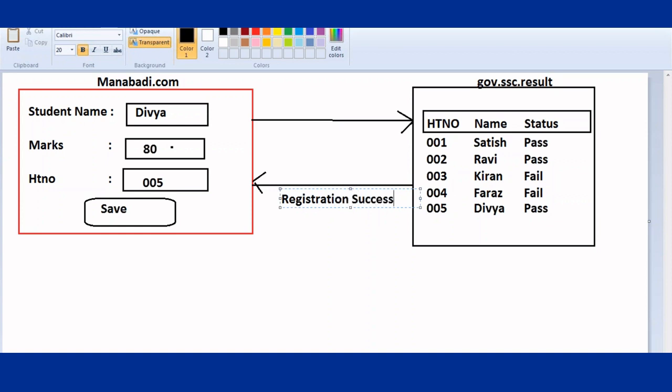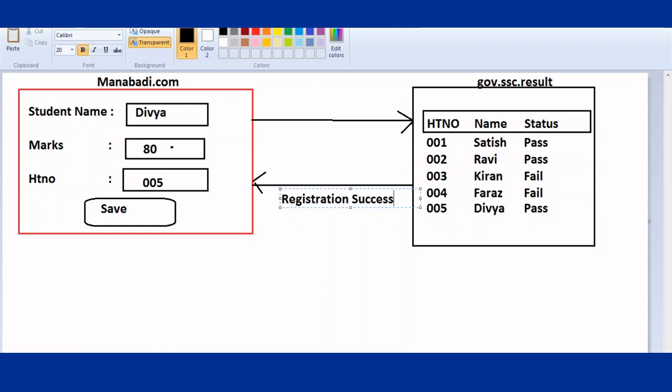So what are you trying to do now? You are trying to manipulate the data in the database. Because of your transaction in the server, the data in the server is getting modified. You are posting the data into the server. Now what are you doing? You are making changes on the database of the server. When you are trying to make the changes on the database of the server, then the request is going to